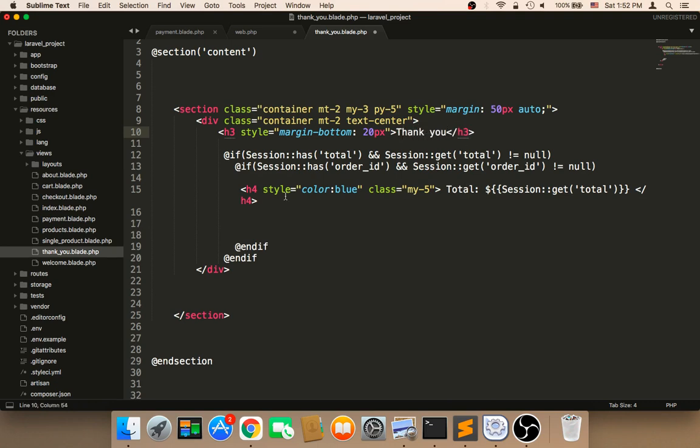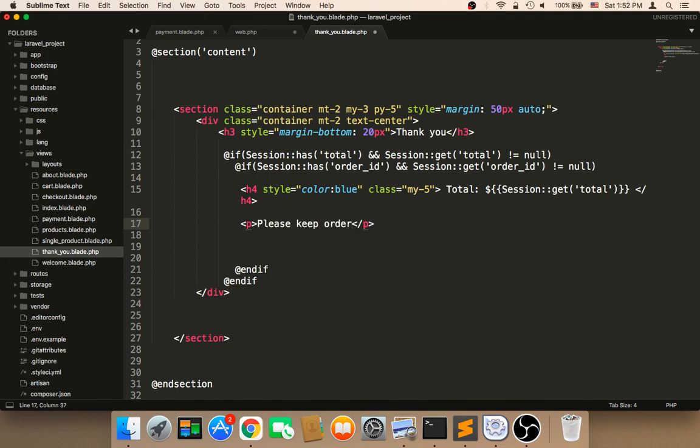And we need to display a message. I'm going to say paragraph, and then I'm going to say please keep order ID in a safe place for future reference. So we need to tell the user that the order ID is important, because I'm going to display it here. I'm going to say here order ID,